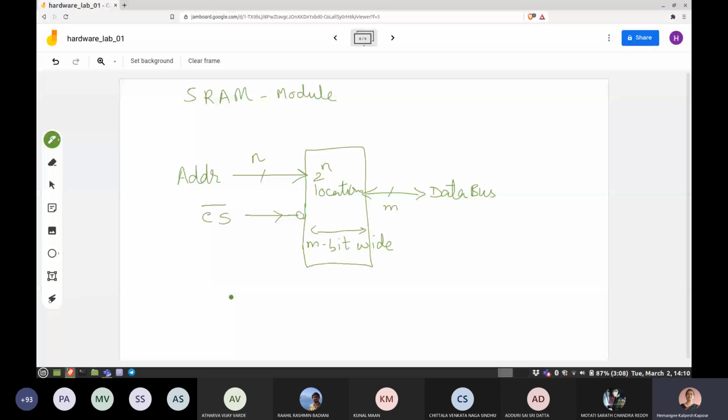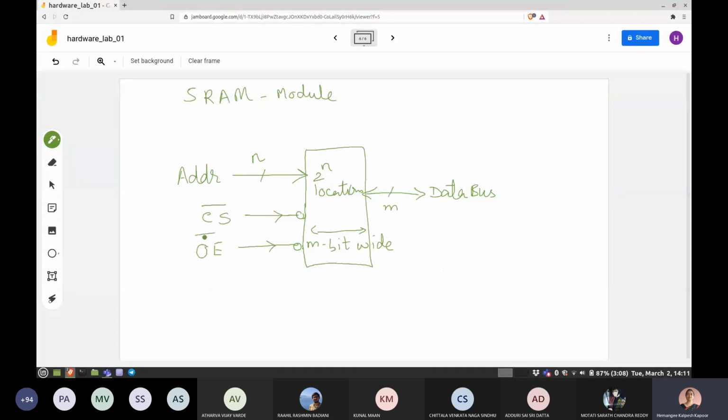Beyond enabling the chip, you have to tell whether you're going to read from the RAM or write to it. Reading and writing can be done one at a time, because the data bus is bidirectional. Either you can send data inside or bring data out. You cannot do both. So for reading I need a signal called output enable, OE bar, again an active low signal.